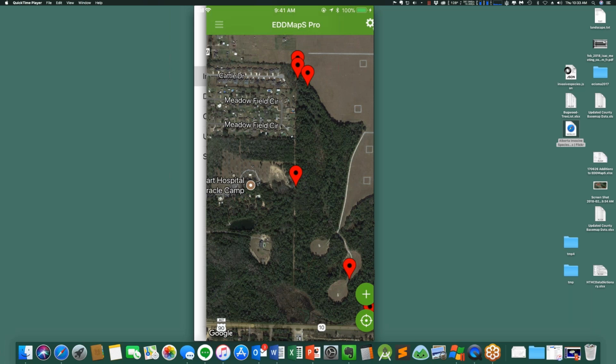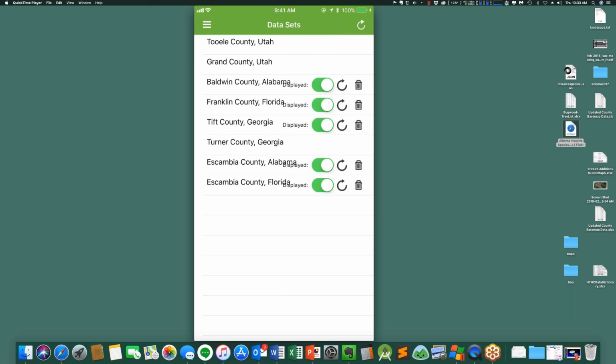But by default, when you download the app, I think it has a whole bunch of counties in Utah and Montana, as well as Florida and Alabama that show up on the data set list. But going into the website, you can customize that and then show just the areas that you want to show. If at the end of the day, after I did my upload, and let's just do Baldwin County, I can hit the refresh button here, and what